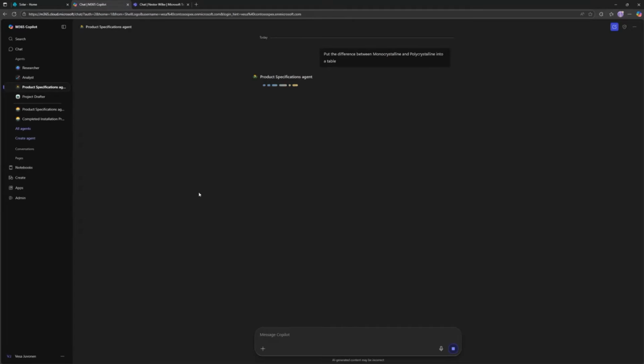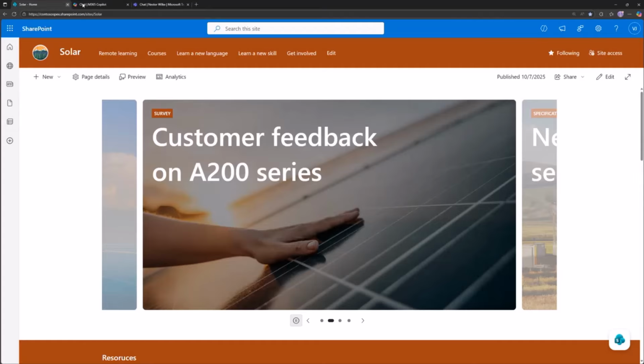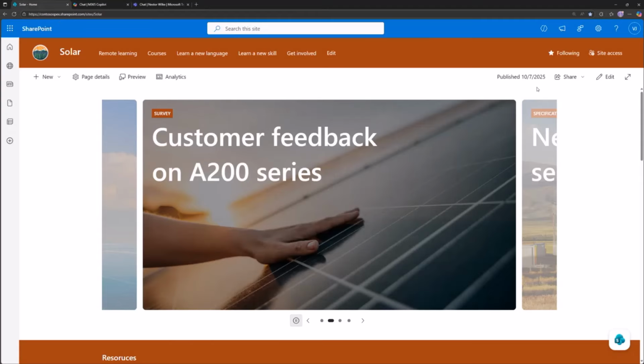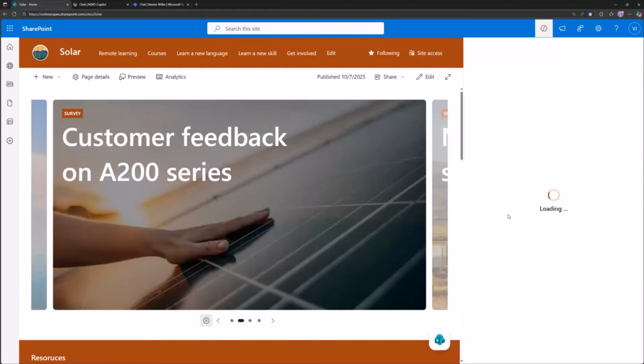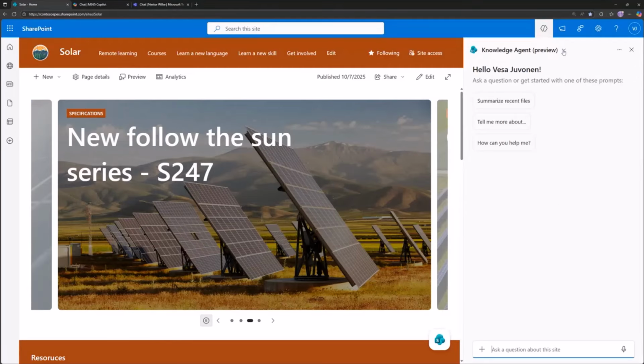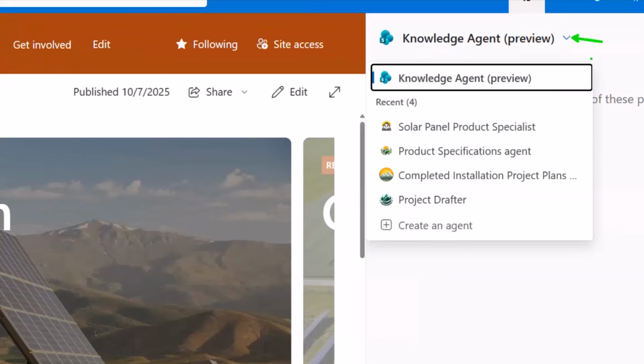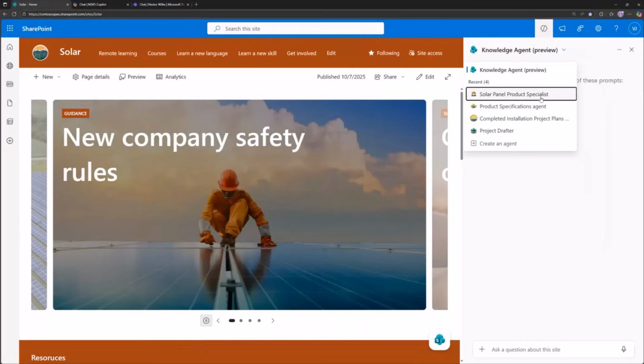Now, what's super, super cool is also the SharePoint test panel, by the way. Here we go. Is the fact that we're able to share this super, super easily. So let me open up an agent panel and open agents. And because I've created quite a few agents on the site, I can see those agents directly from this dropdown. In the knowledge agent, there's this dropdown. We can see that solar panel product specialist here waiting, but with the beautiful GIF animation,